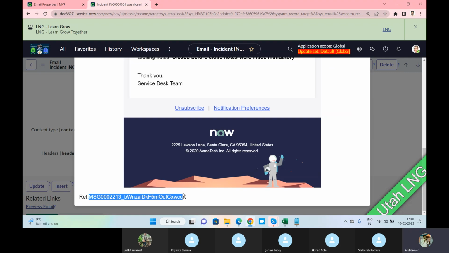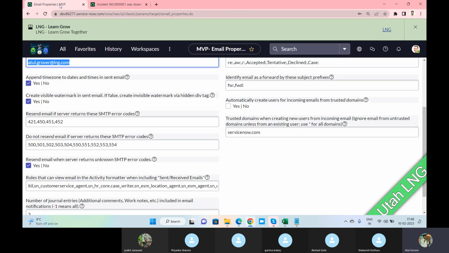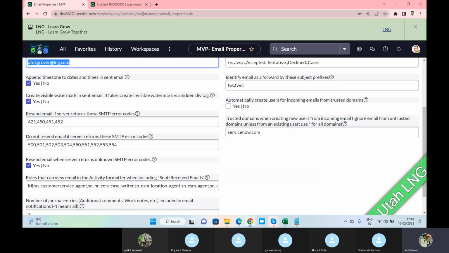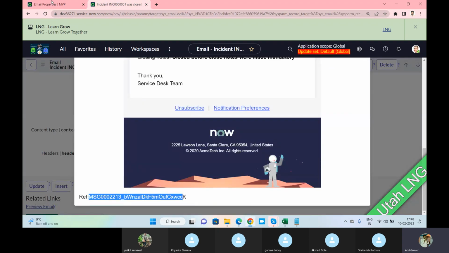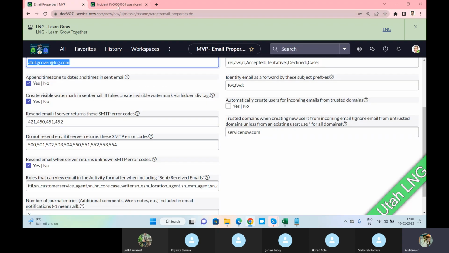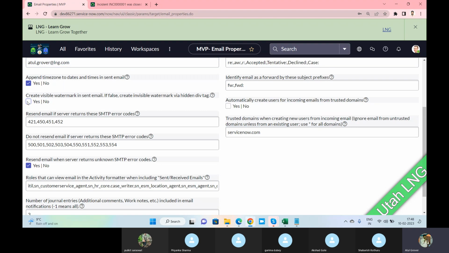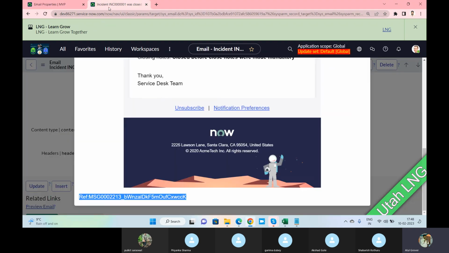They are saying that whenever you send an email, do you want to show this to the user or not? If I say yes, then it will be visible. If I say no, then it will not be visible to the users. This one, let me remove this. I said no. It will be there, but it will not be available for users to see. Why? Because